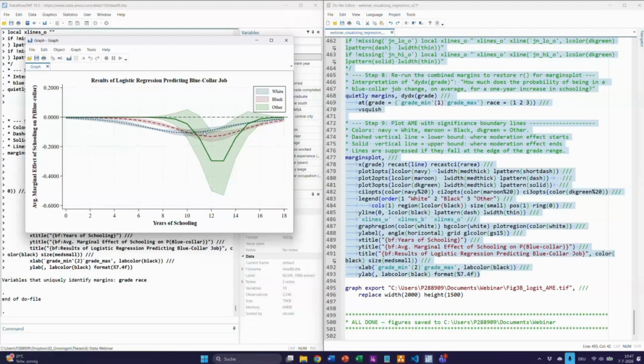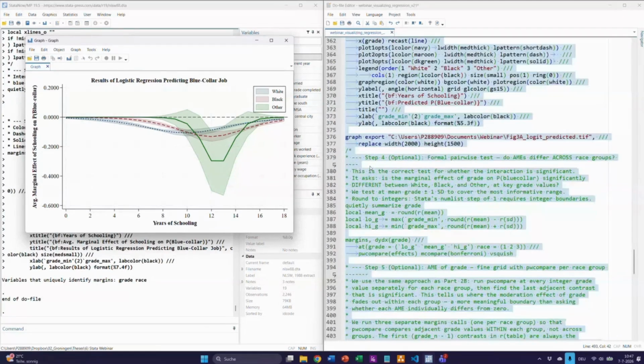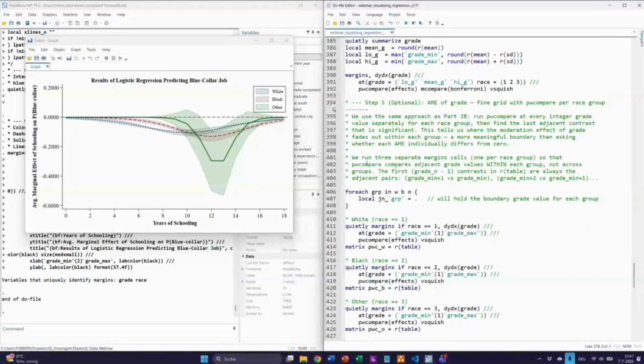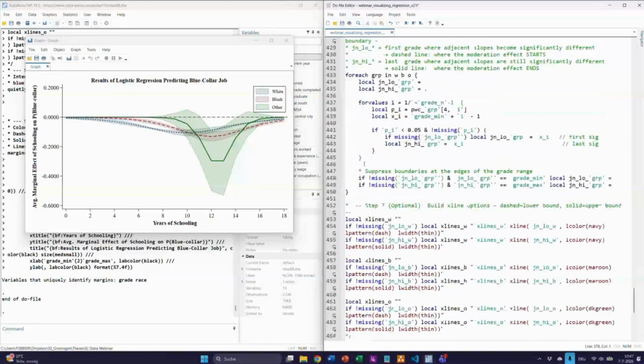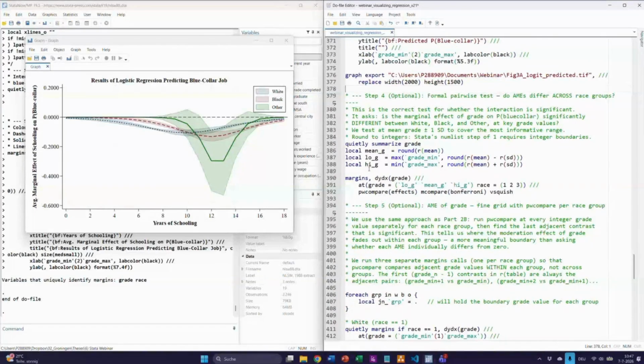Because as you see now, there seems to be a middle range where the values are significant. Again, I have these optional steps 4 to 6 and 7, where I do this. It's the same logic as before, that I do the formal pairwise test with the pwcompare, the pairwise compare test in Stata, which is a simple option in the margins command that allows me to actually test these differences